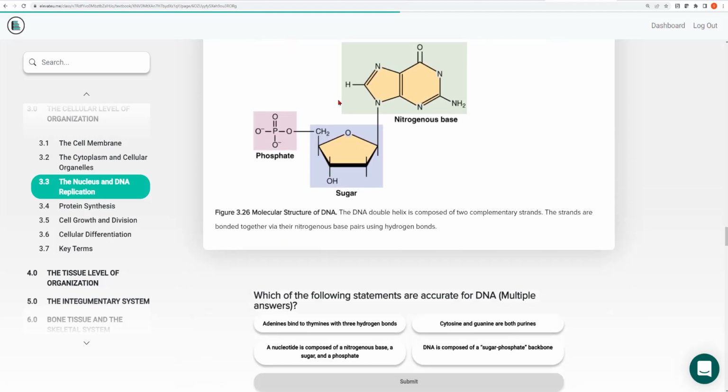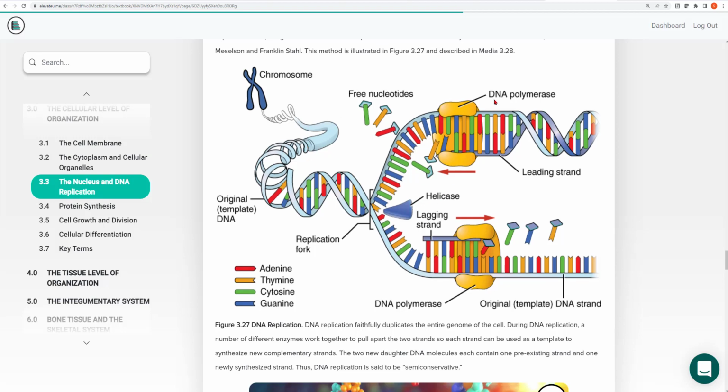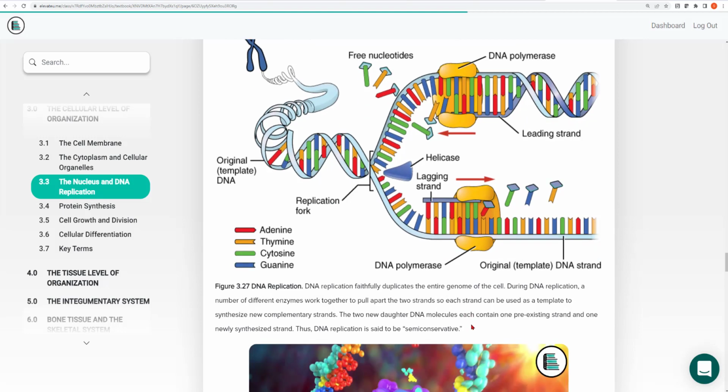The cell is going to make a replica of this. We're not going to worry about the enzymes. We're not going to worry about the details here. But basically, the double-stranded molecule is split open. And then different enzymes come along, and they are going to make an exact replica of this DNA. Okay, so by making an exact copy of the DNA, the cell is then able to divide and use that copy to split into the 2 daughter cells in the process of mitosis.